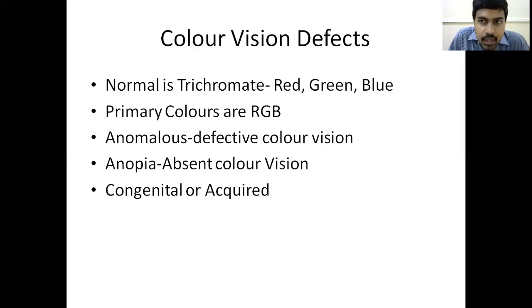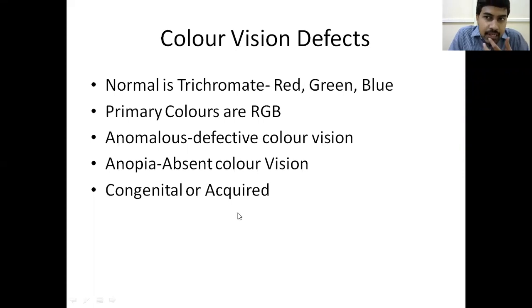One is anopia, the other is anomaly. This is not for exam check, this is just for your information because you have to know about it. So in anopia, what happens is he completely doesn't detect red color, green color, or blue color, any one color. Anomaly means he is able to detect, but he falsely identifies. That is, for green he will say red, or for red he will say green. That is known as anomaly. Hope that difference is clear.